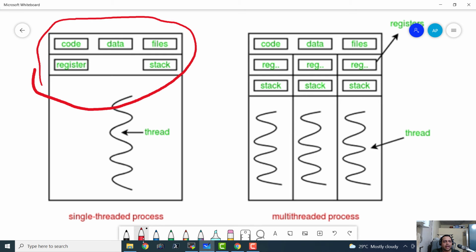Here we have the part for code, here the part for data, and here the part for files. Now all this part can be shared. So it is the shareable part: code, data and files. And whatever part we have here, that is known as register and stack. So that is something that we cannot share.